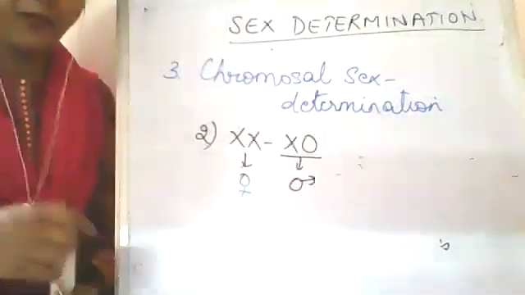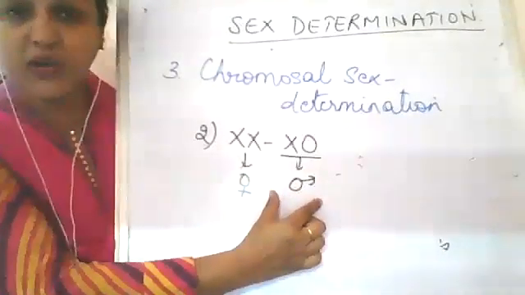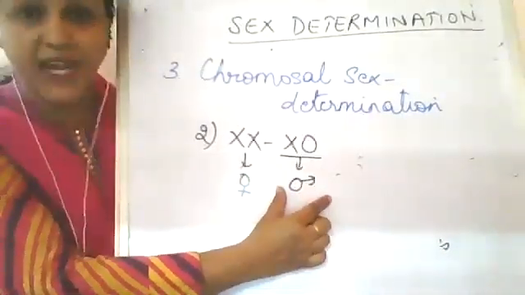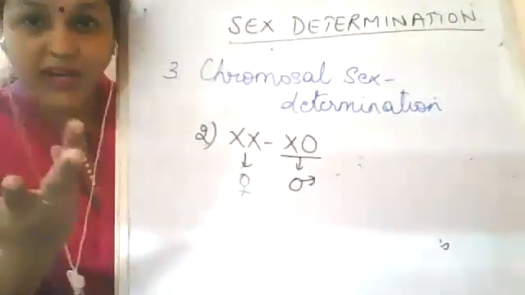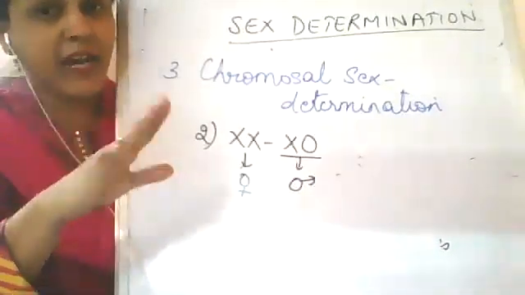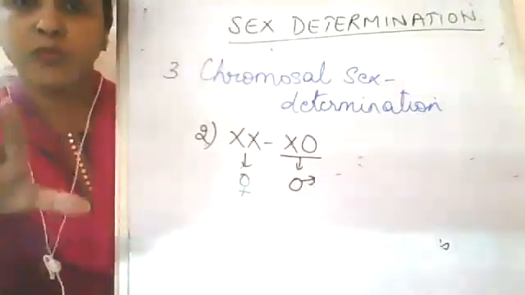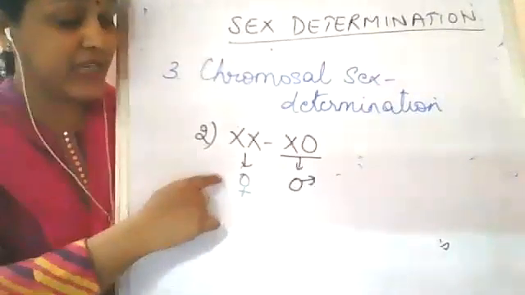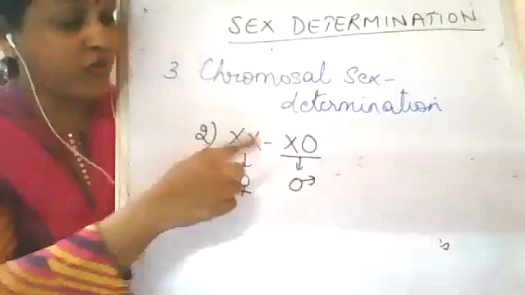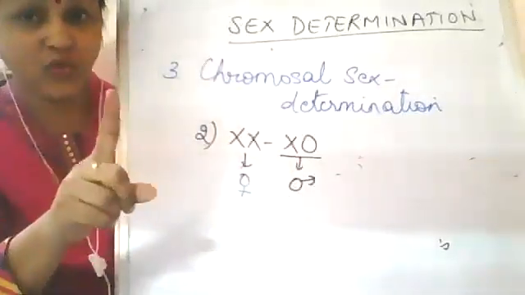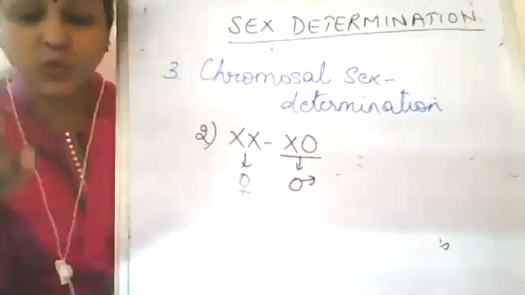So if we are talking about the type of sperms that will be formed by this male, what type of sperms will be formed? Either the ones which have one X chromosome, or the ones which have only autosomes, no sex chromosome. So in this case the females have two X chromosomes, whereas the males have only one sex chromosome. If a sperm carrying the single X fertilizes, the child will develop into a male child.